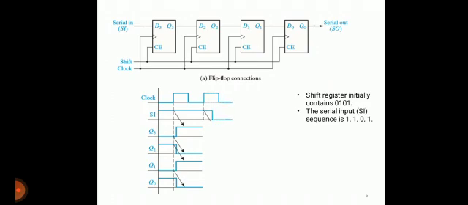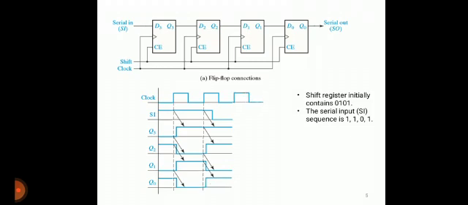And for the next clock pulse, at the rising edge of the clock, when the clock is applied, the S1, the serial input, the next bit which I am giving is 1, so it will be equal to 1. Q3 will be equal to 1. So Q2 previously was 1, hence Q2 will be equal to 1. Q2 previously was 0, and hence Q1 will be equal to 0 now.